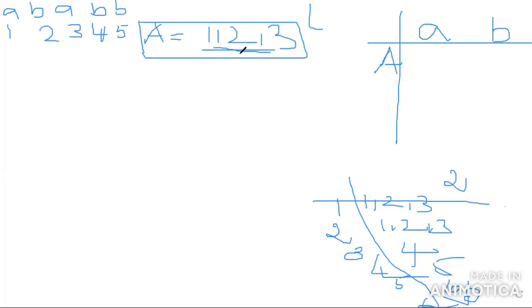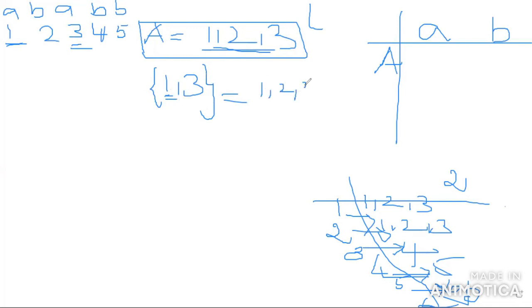So in that 1, 2, 3, what is the input symbol A? 1 for A, 3 for A. So here A comma A is 1 comma 3. Okay. So what is the follow position of 1 comma 3? The follow position of 1 is 1, 2, 3. The follow position of 3 is 4. So for the input symbol A, the state 1, 2, 3 gives 1, 2, 3, 4.